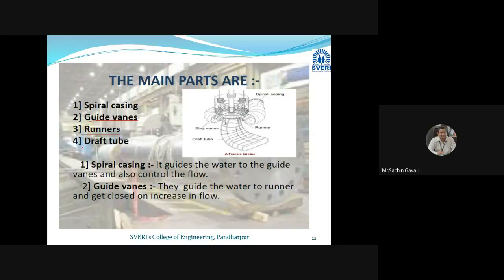As we go on towards the outlet, pressure is decreasing throughout the stages. So at the end, the pressure will become much less, even less than atmospheric pressure, and here it is difficult to take the water outside from the turbine. In that case, we use a draft tube, which is an expanding tube. The area goes on increasing towards the outlet. As the area increases towards the outlet, velocity goes on decreasing and pressure goes on increasing.